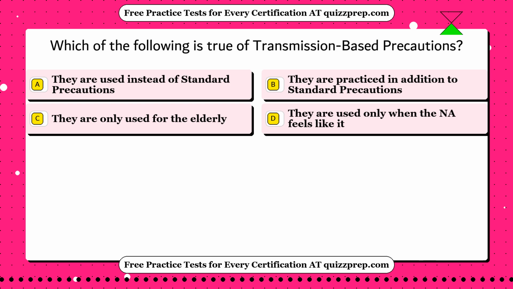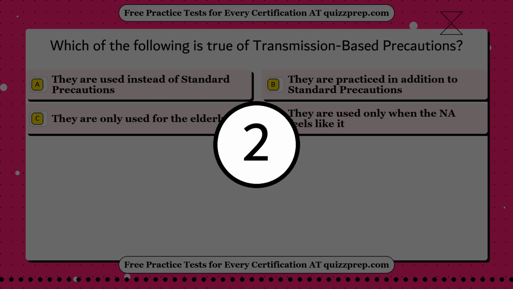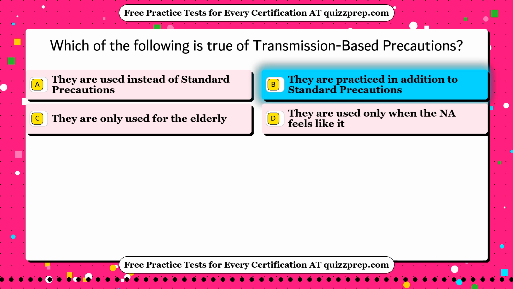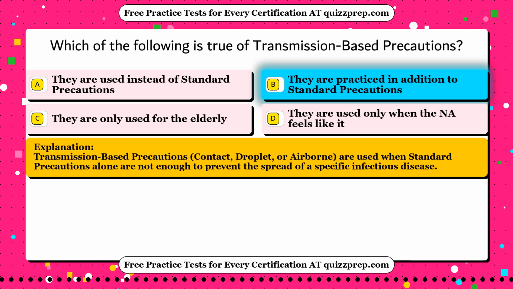Question 98. Which of the following is true of transmission-based precautions? Option A, they are used instead of standard precautions. Option B, they are practiced in addition to standard precautions. Option C, they are only used for the elderly. Option D, they are used only when the NA feels like it. The correct answer is option B, they are practiced in addition to standard precautions. Transmission-based precautions, contact, droplet, or airborne, are used when standard precautions alone are not enough to prevent the spread of